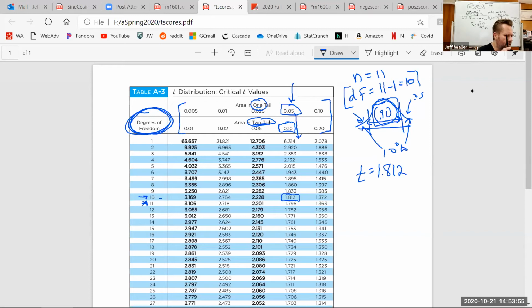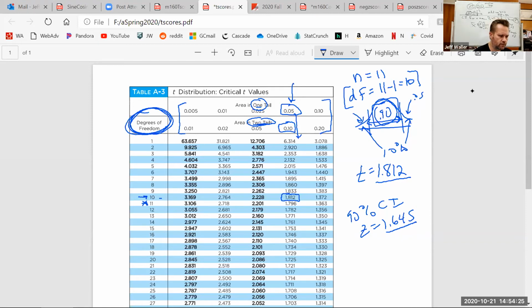Now, can somebody take a second? Does somebody remember? We just did a 90% one not too long ago. What was the z-score for 90%? 1.645. Yeah. Is the t-score doing its job? Yes, it's a little bit bigger than the z-score would be. So it makes my confidence interval a little wider than it would have been to cover my ass for not knowing the real standard deviation.